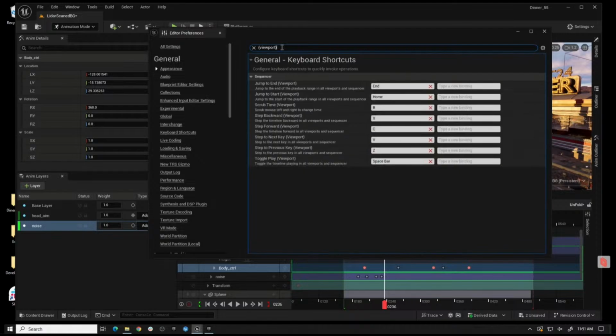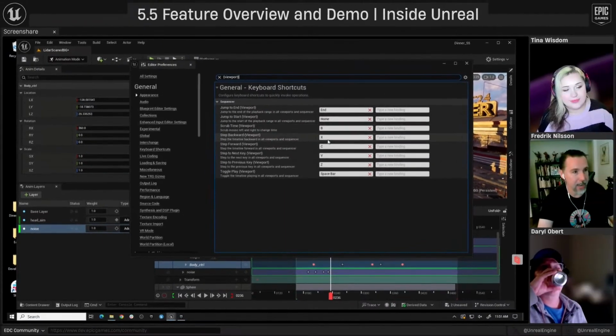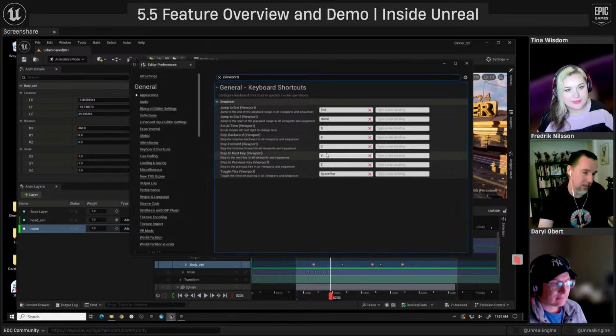So we added in 5.2, I think, a bunch of new hotkeys for transport. So stepping keys, stepping frames, playing, stopping, scrubbing time. So these are the hotkeys that I use. I like to have them close to my left hand because I use a mouse and a keyboard. So I like where my WASD and my WER hotkeys are. I like to have all my transport tools near them. So I have scrub time as B. I have step backwards, so that's frame stepping, as X. I have step forward, which is C. I have key stepping backwards, which is Z, and key stepping forward is V.